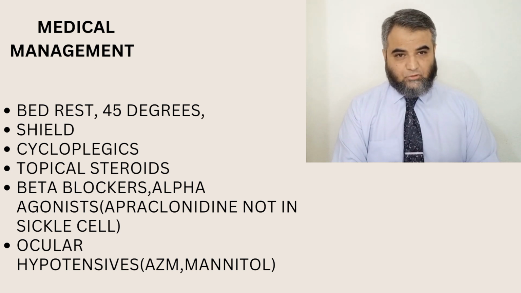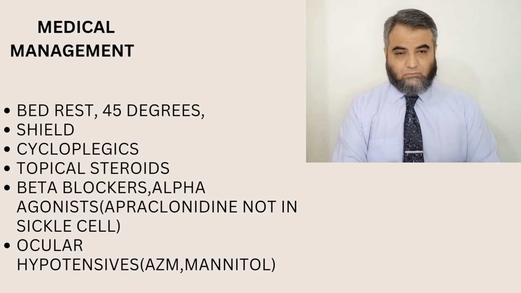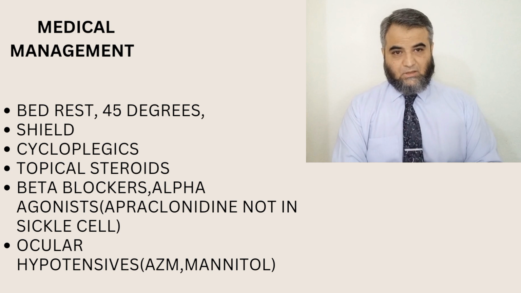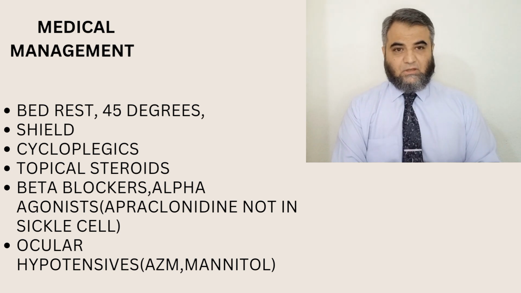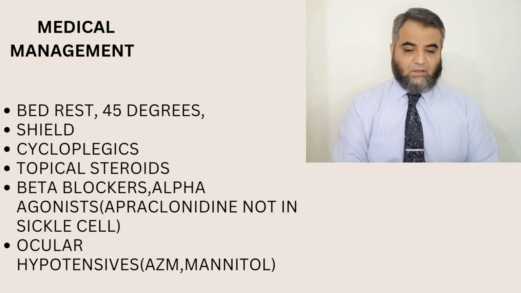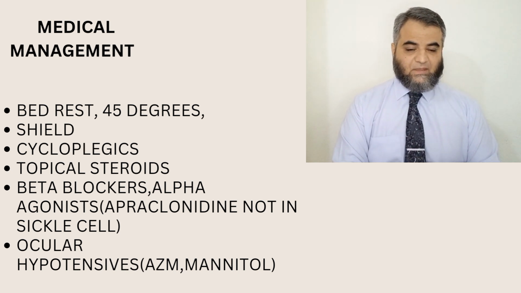If the patient has poor compliance, he is not going to use medicines. These patients can even be admitted. And we can use beta blockers, we can use alpha agonists to control the intraocular pressure, and Diamox, acetazolamide, even sometimes IV mannitol can be used if it is too high. But apraclonidine is not used in sickle cell anemia, and acetazolamide and mannitol should be avoided in sickle